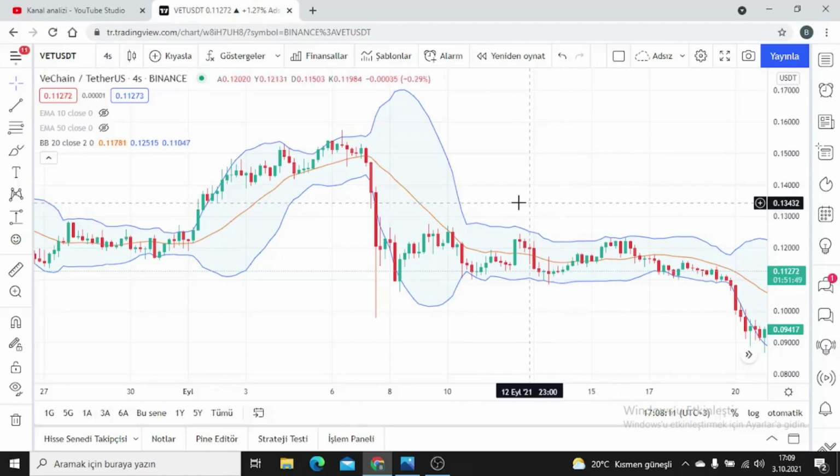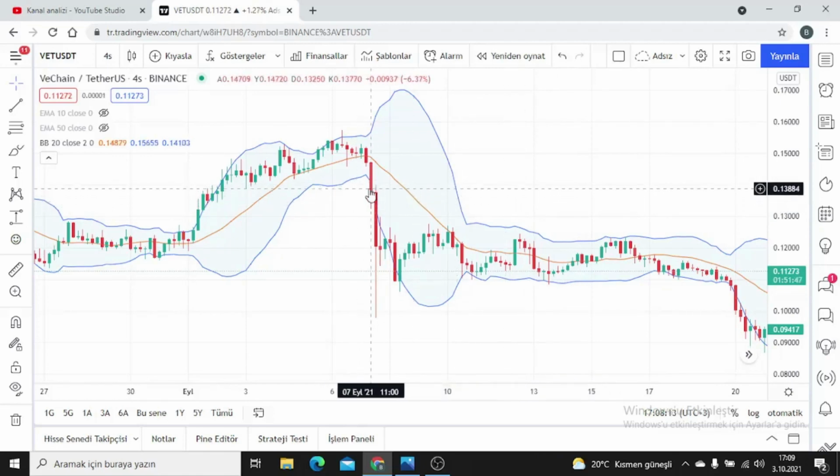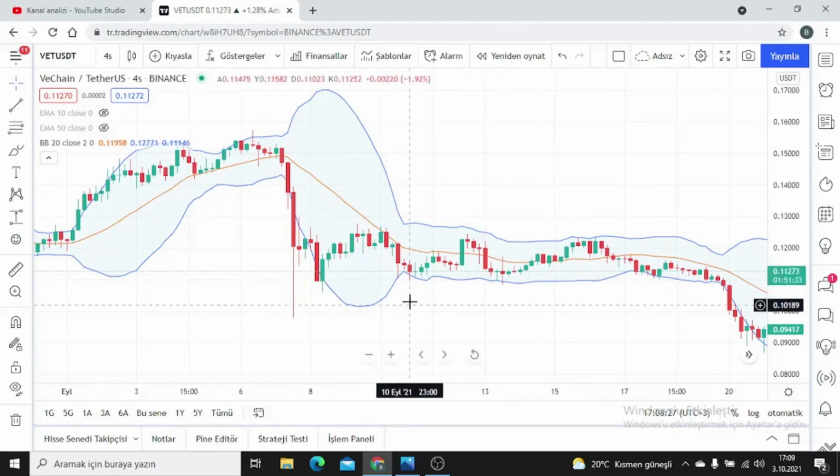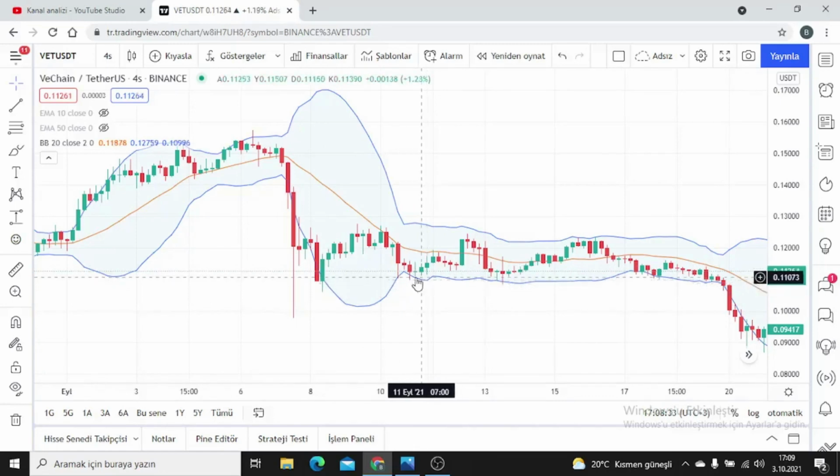If the candles close below the lower line of the Bollinger Band, as you can see, we predict a decrease in price here. As you can see, the decline is coming. Likewise, friends, if the candle touches and closes inside the Bollinger Band, it doesn't matter if the needle of the wick is out. After that, we predict that it will give a buy signal, and after that, there would be an uptrend.